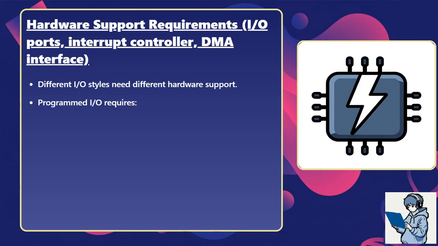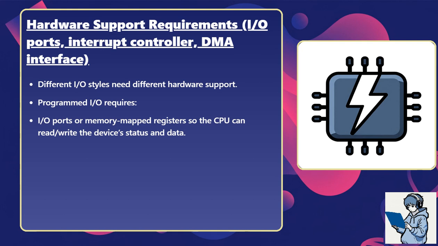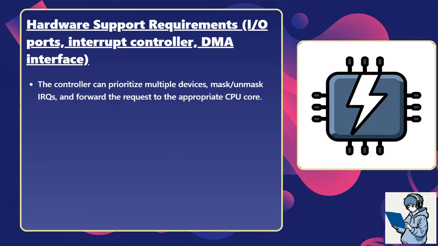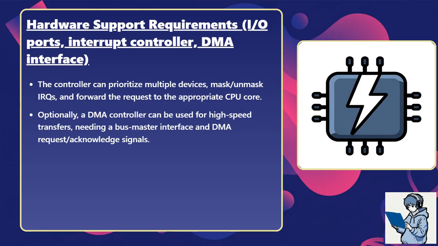Programmed I/O requires I/O ports or memory-mapped registers so the CPU can read and write the device's status and data. No special interrupt lines, the device just presents a ready flag. Interrupt-driven I/O adds an interrupt request IRQ line from the device to an interrupt controller, for example 8259 PIC, APIC, or vectored interrupt controller. The controller can prioritize multiple devices, unmask IRQs, and forward the request to the appropriate CPU core. Optionally, a DMA controller can be used for high-speed transfers, needing a bus master interface and DMA request and acknowledge